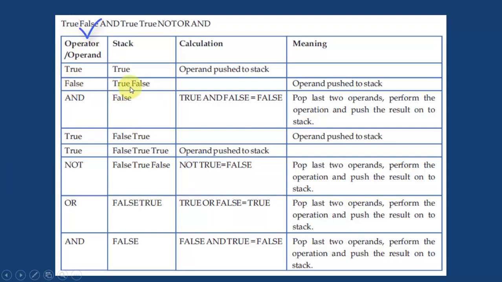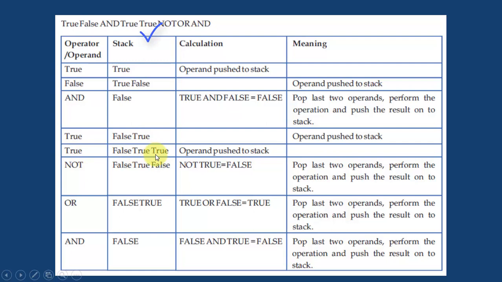and then we have used and, which is an operator, so we have to pop both the elements out and then evaluate. True and false is equal to false, and we have to push this result back to our stack and then read again. True, it's an operand, push it to the stack. True, push it to the stack, the status becomes false,